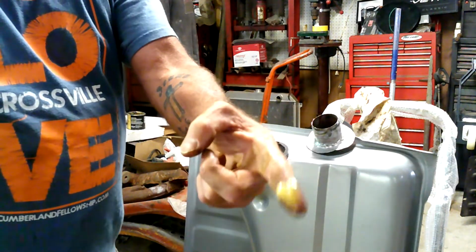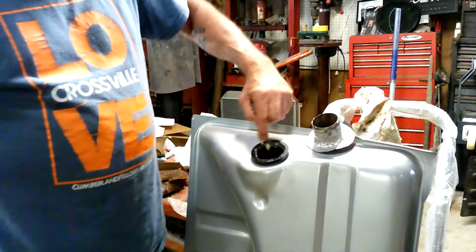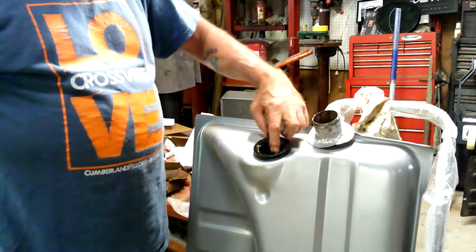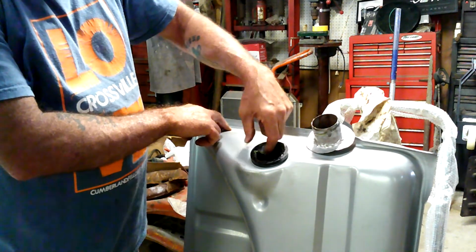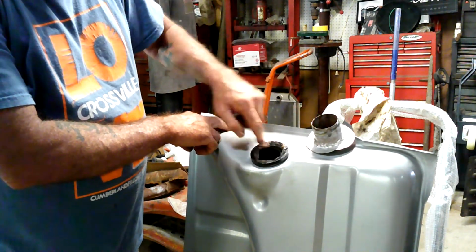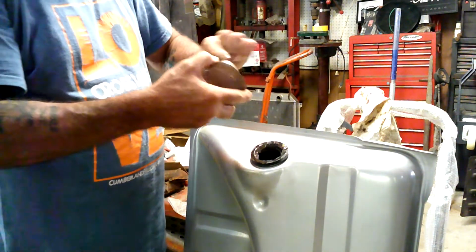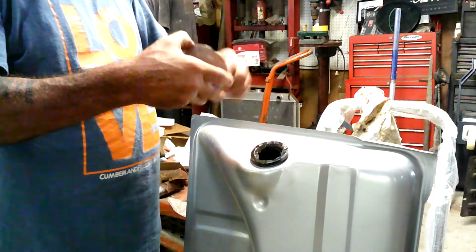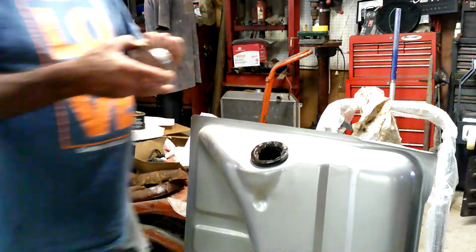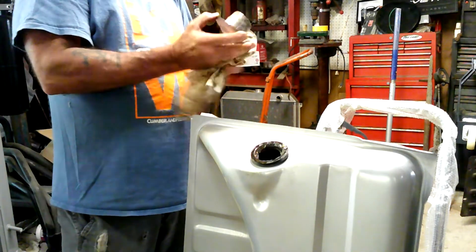I got some greasage. We're going to just put her in here. This stuff melts really. In fact, just the warmth of my hand is turning it to goo. And so I'm thinking once we start putting some gas in here, but actually once I test it, I'm going to be putting some water in here to clean it out anyway. So let's see if this will work. This is not an easy